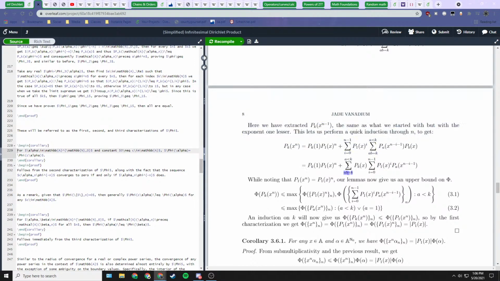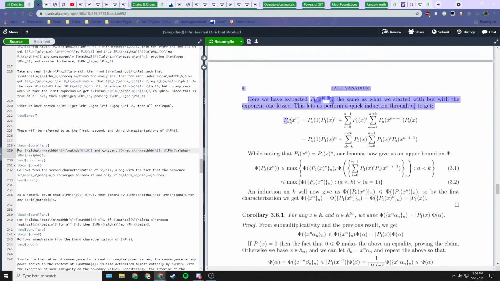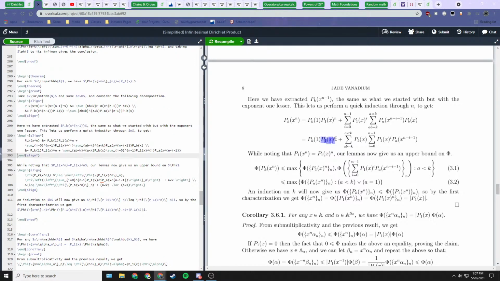We have some expression plus this repeated sum with some constant coefficients. Remember, a is bounded by k, so as n is increasing and k is fixed, this is a finite sum of some terms, and then we also have this other sum here. So from sub-additivity, the capital phi value of this pk projection of x power n is less than or equal to the maximum of the phi value of this expression, and remember this right here is just a constant, so the phi value of this first term is just bounded by the phi value of this part here.